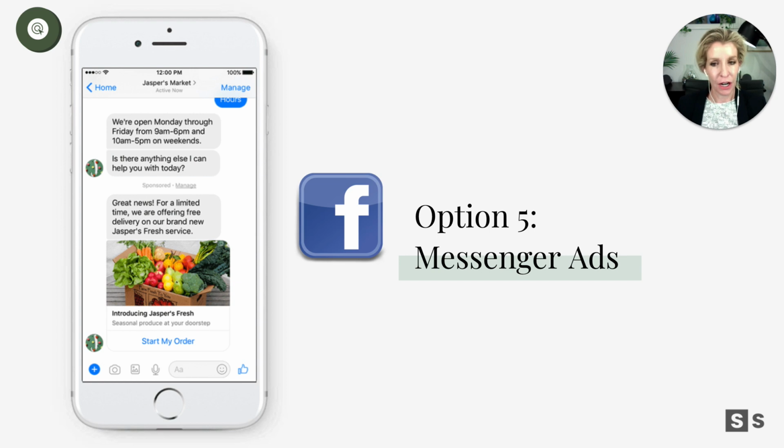Next up, Messenger ads. So wow, we can now appear in private channels. And that's a really interesting evolution. It's not new, but it is pretty powerful to know that you can enter into someone's direct messaging tab, i.e. their Facebook Messenger account, and appear with your promoted content, and strategically place yourself there for people who are candidates for what you have to offer.